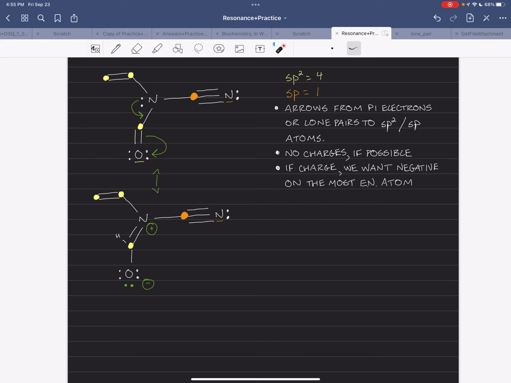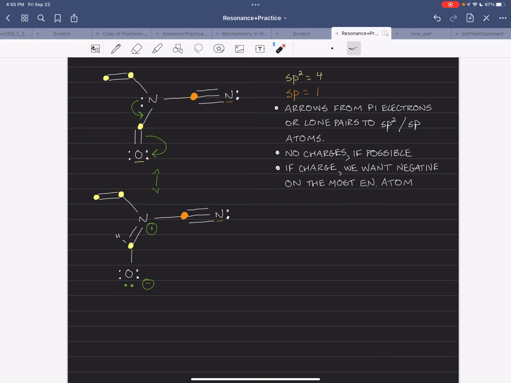So the interchanging between the two with this double-headed arrow. So this is a valid resonance contributor. This is good. We have a negative charge on an electronegative atom. So I would say this is a pretty valid resonance contributor. Okay,